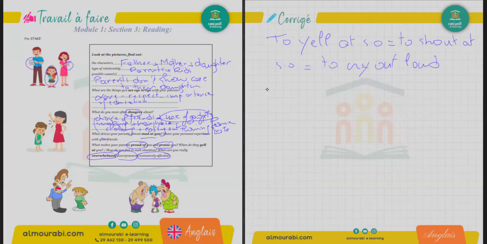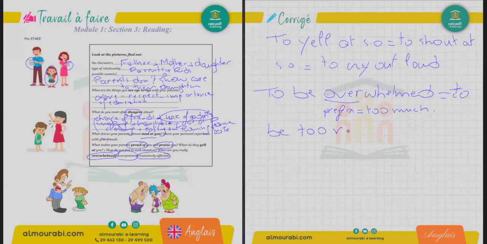Now, to define being overwhelmed, focus with me well here so we understand the expression. Being overwhelmed, that's over, which is a prefix that means too much. All right. And if you are overwhelmed as a child, it's too much to deal with